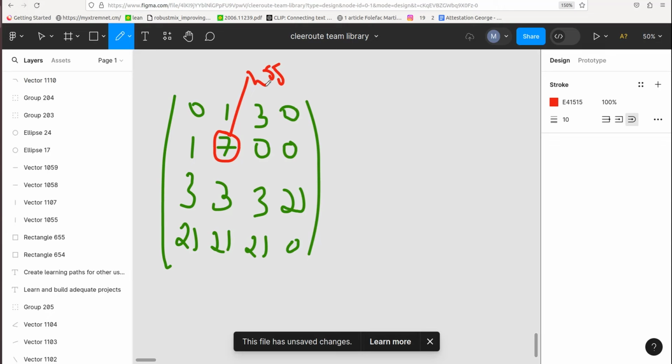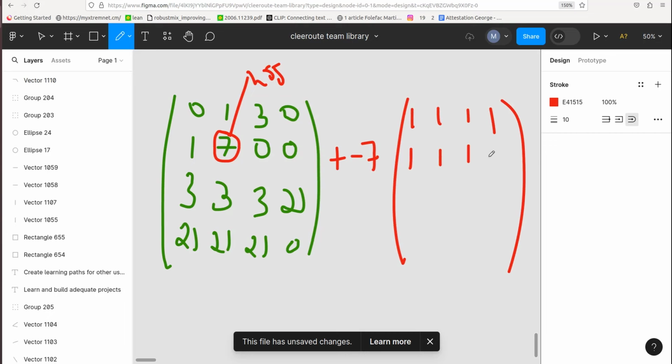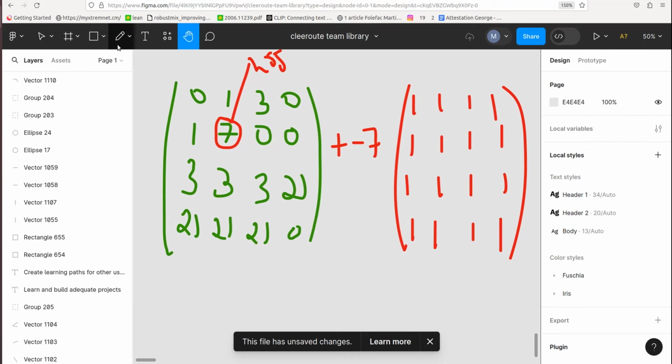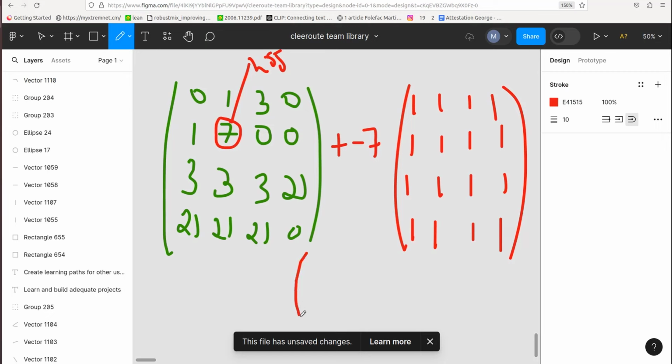So what we'll do first and foremost is add this with -7 times ones. So we will have ones which take up the exact shape of our input. If we add this up like this, then what we'll be getting will be another matrix. Let's draw another matrix below. So our output matrix now will be such that we would have